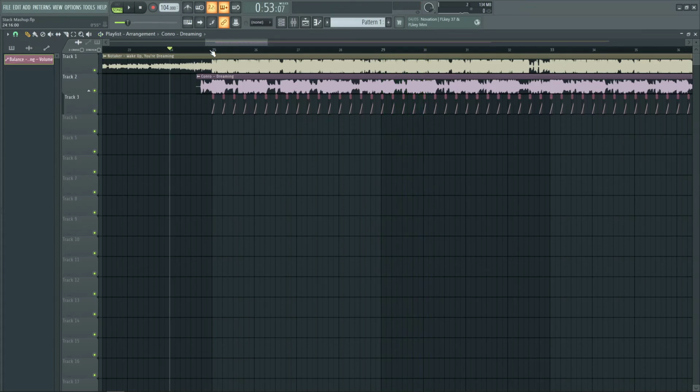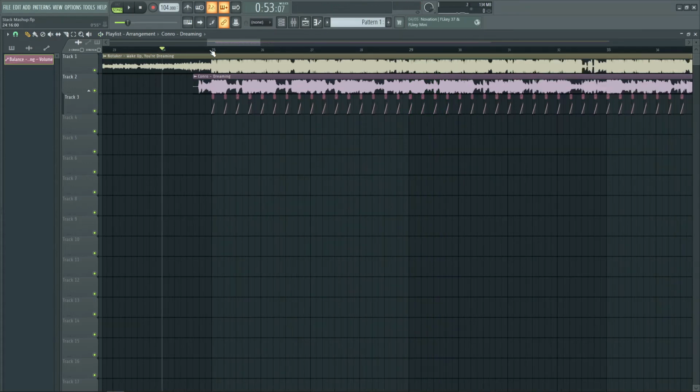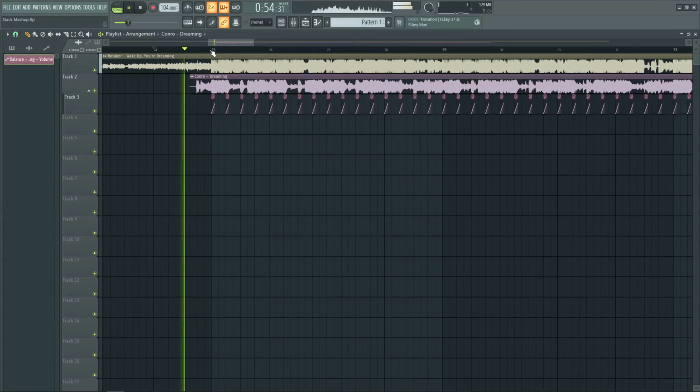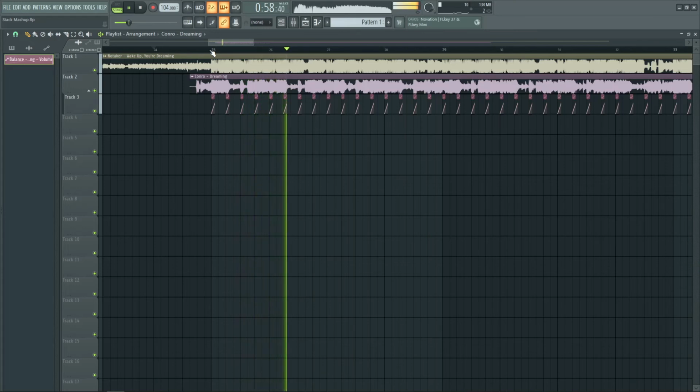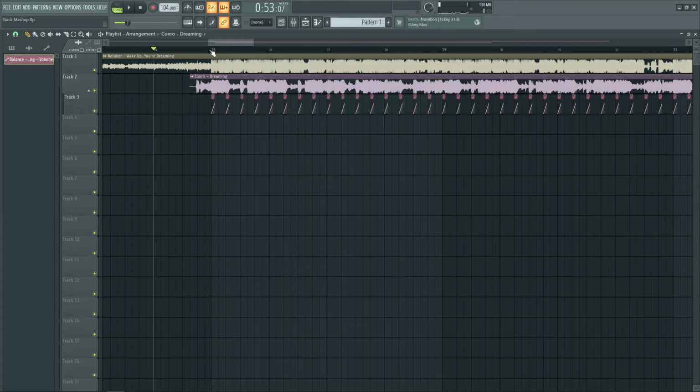it's coming out pretty well, but there's one pretty noticeable problem about this to me, which is if we take one more listen. The vocals in Dreaming kind of get a little bit buried, but there's a solution to this, which goes back